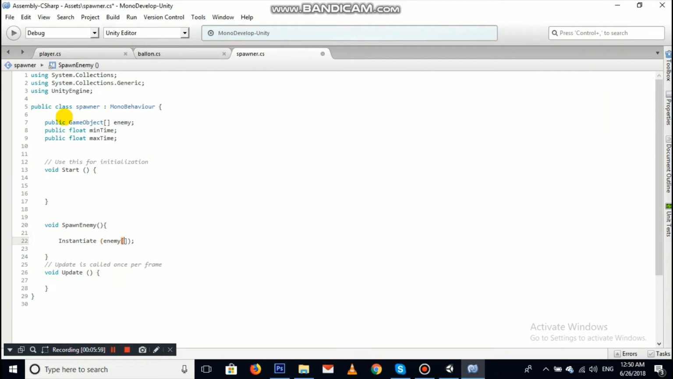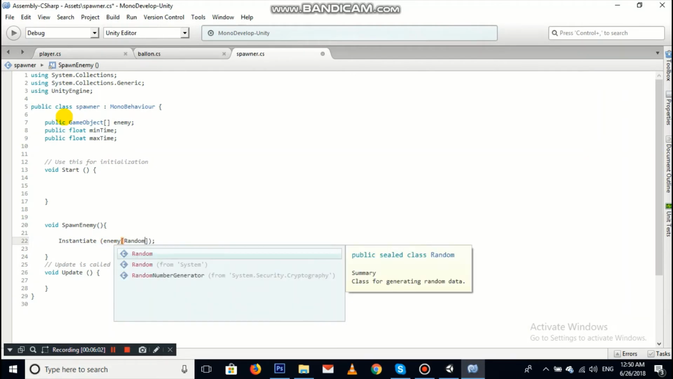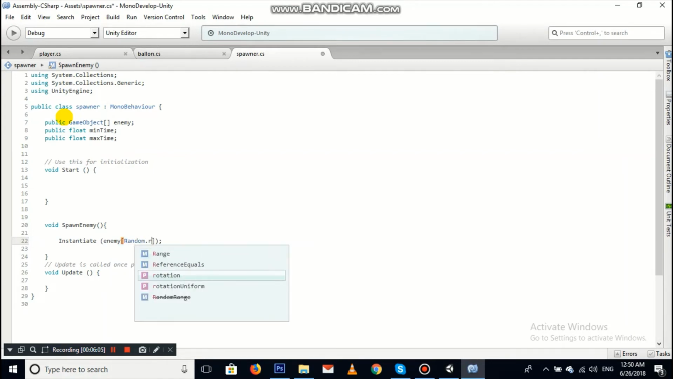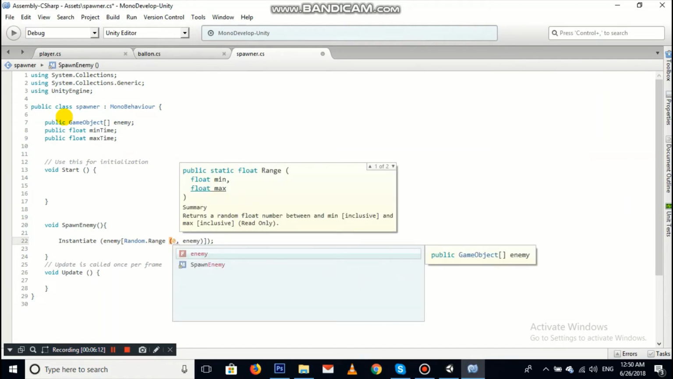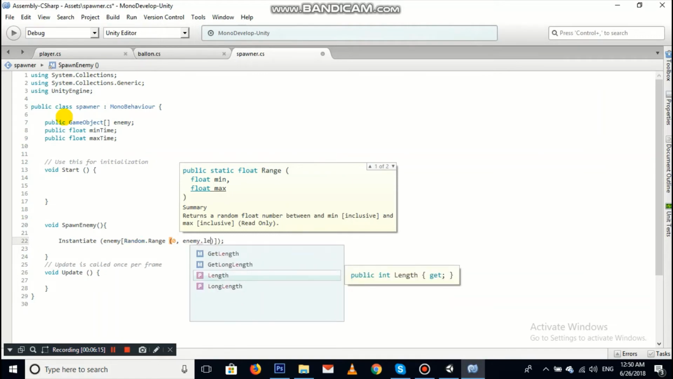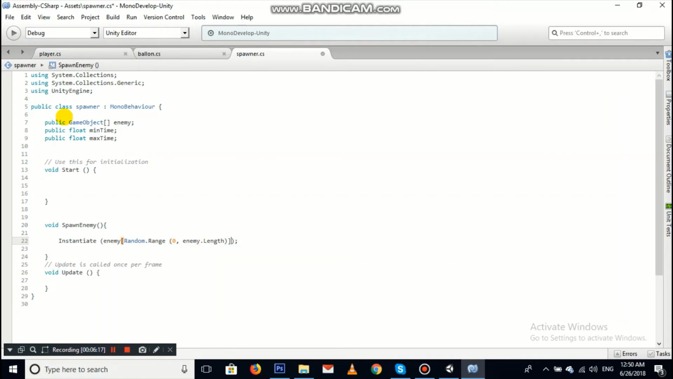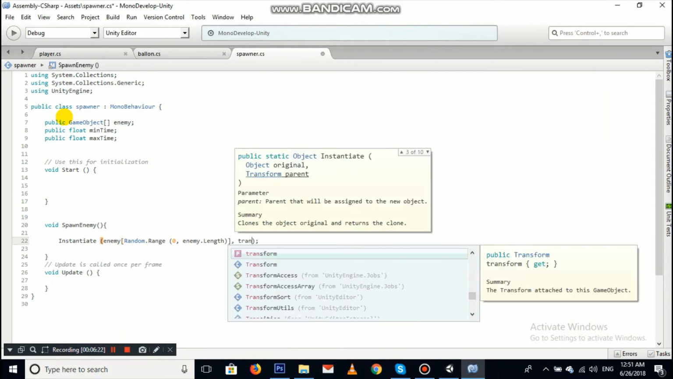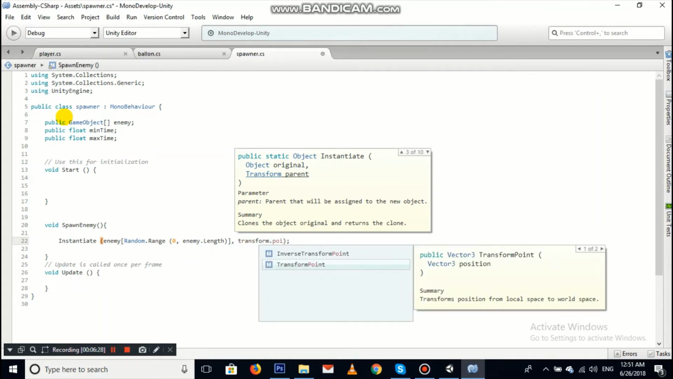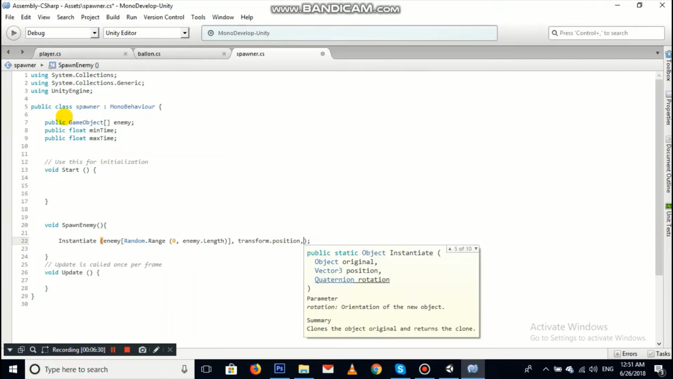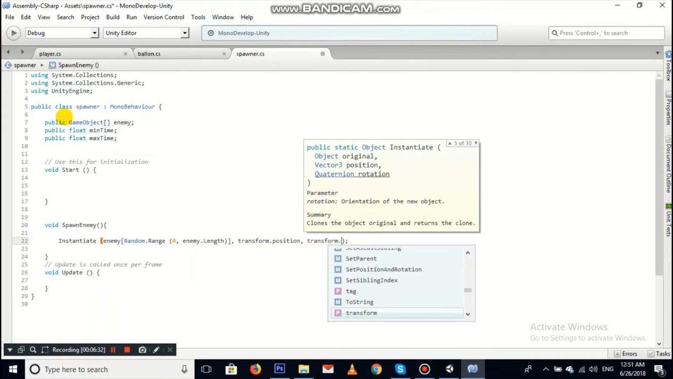Here and 0 to enemy dot length. It is the length of the array, and transform dot position and transform dot rotation. Okay,